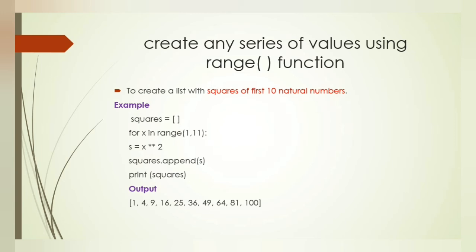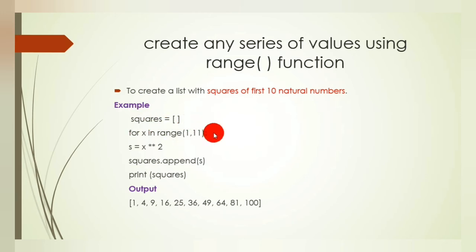Can you remember the operators used in Python? This double asterisk symbol comes under which category? Arithmetic operator. Yes. You just revise all the operators in Python. So the exponent operator comes under the category of arithmetic operators. This exponent operator is used to find the power of the given number, that is, squares. Now you can see this example.